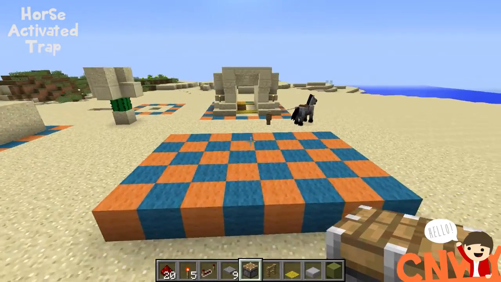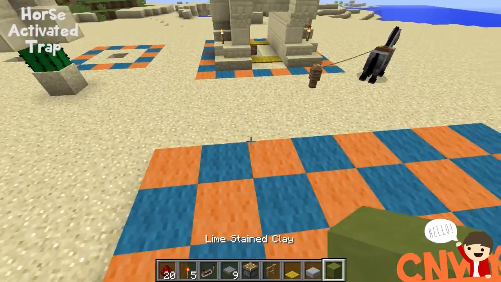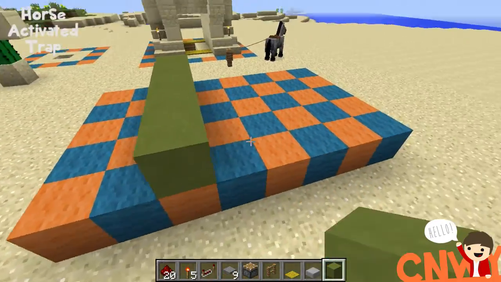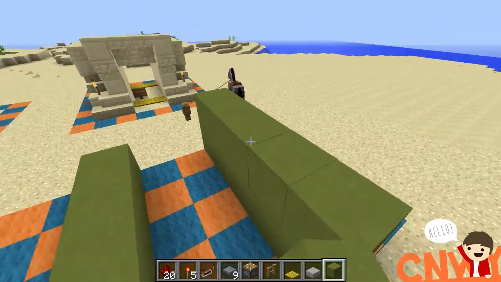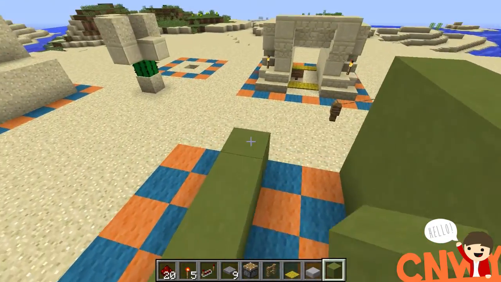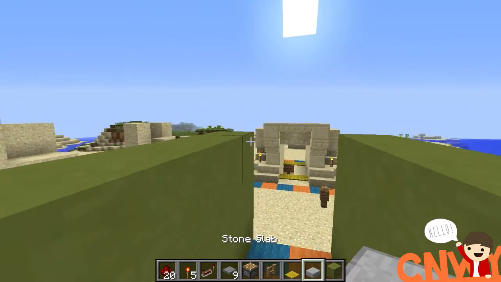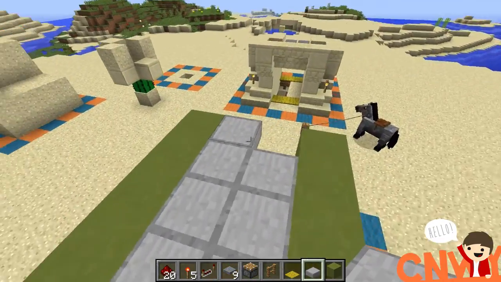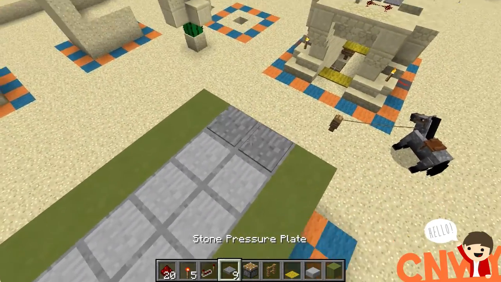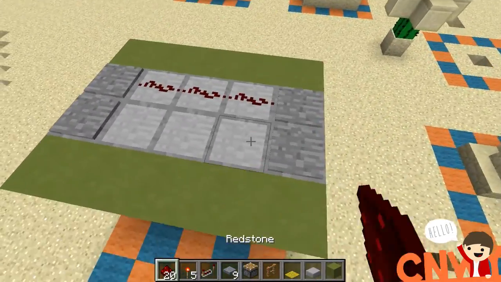So for the horse activated trap, we want an 8x5 area, and then we're going to come 3 in on the 8 long side and make a wall, 3 in on the other side. And then we're going to build these walls up to be 3 high on each side like this. And then we're going to bring half slabs all the way across the top half of the block like this, and just add the extra one in there, and pressure plates on either entrance with redstone going across them, and